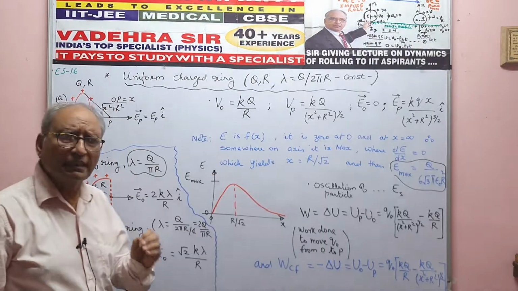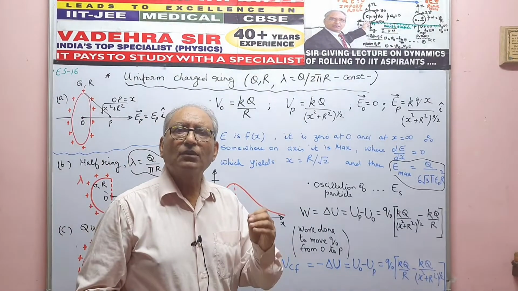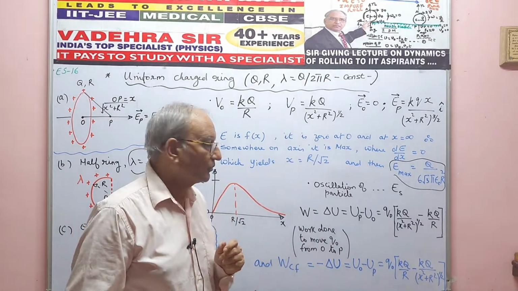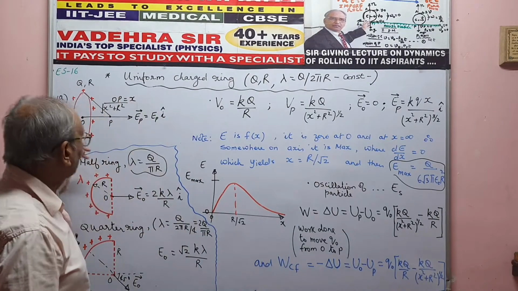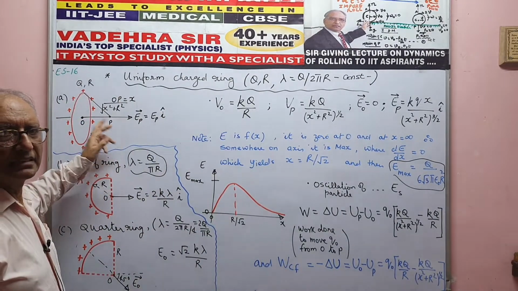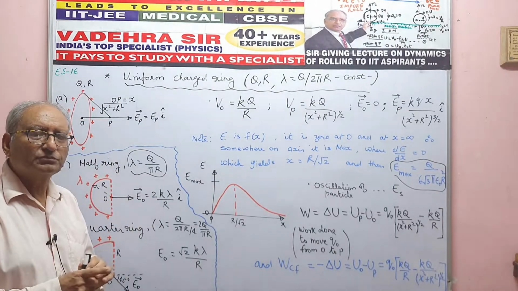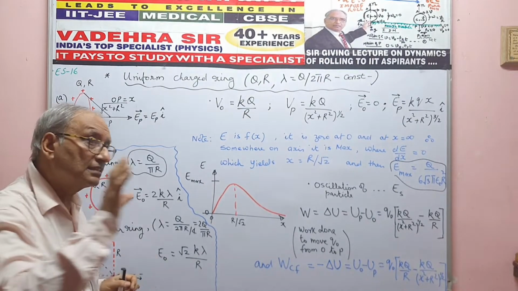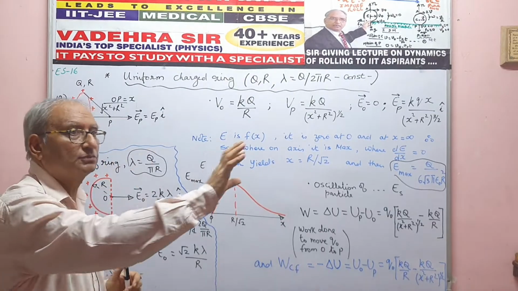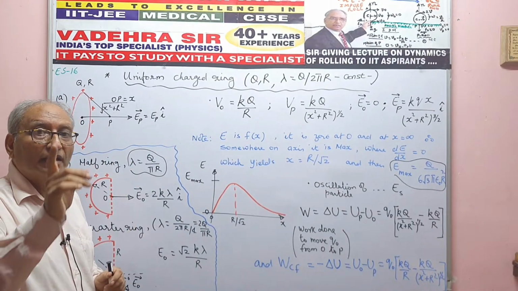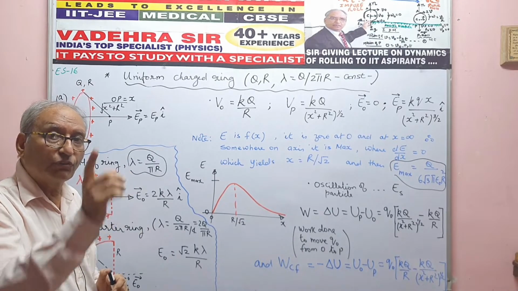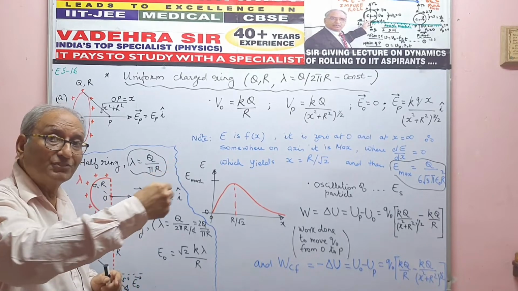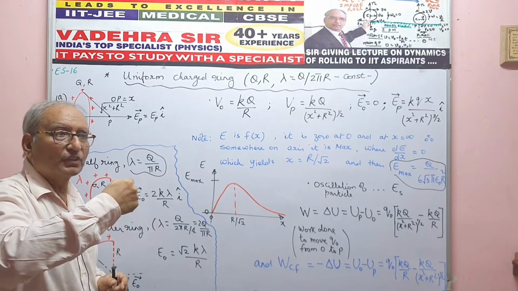I do one more little exercise for you, that is, what is the work done to take a charged particle having charge q naught from center of the ring to the point P. Now mind you, the direction of the field of the ring is towards i cap. So it will give a push. So technically the field force of the ring will do positive work, but the external agent will have to do restraining work. So if it has to go slowly,